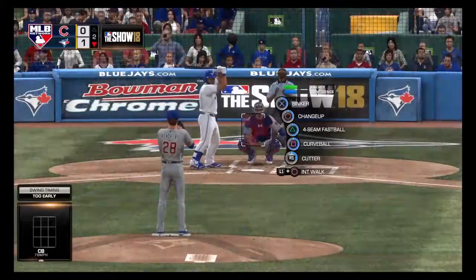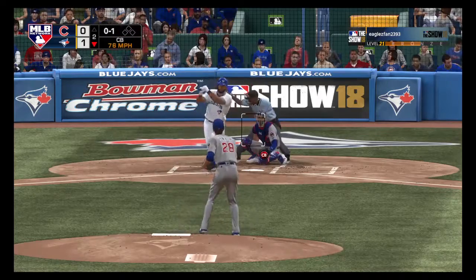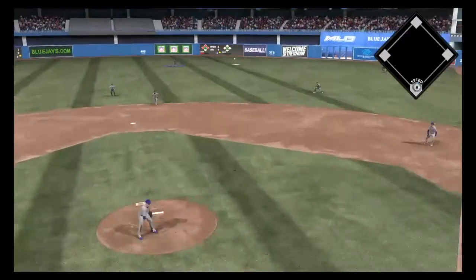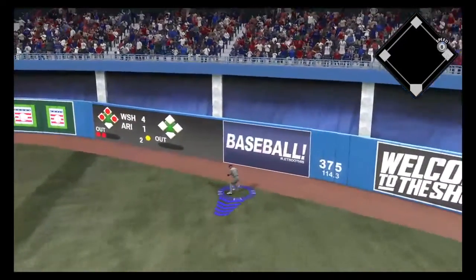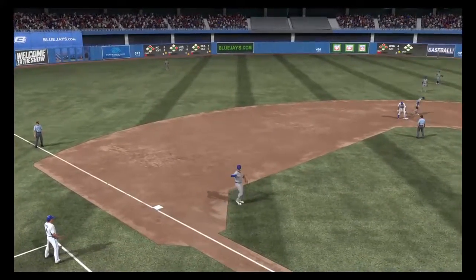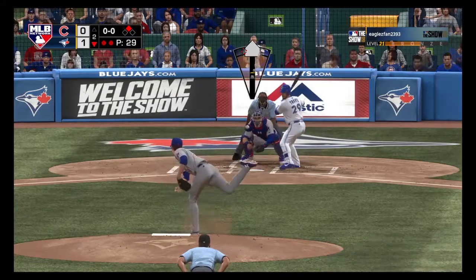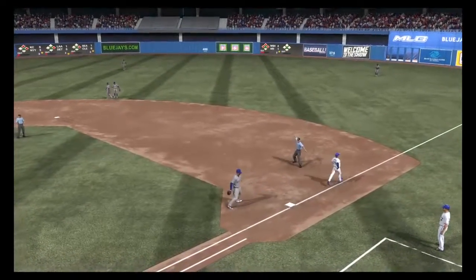Digging in, the switch hitter, Kendrys Morales. Will try to make something happen with 2 gone in the bottom of the second. And that's cut on and missed. 0-1. Into the windup. Here comes the 0-1. Shot toward right center. And that finds some outfield grass. It's a base hit. And now he'll get into scoring position with 2 away. Next to bat for Toronto, Devin Travis, runner in scoring position with 2 gone. Bouncer up the middle. Russell has it. And nothing will come of the 2-out double as the...